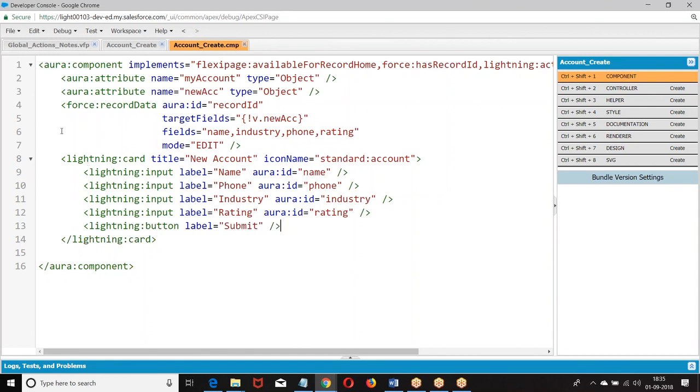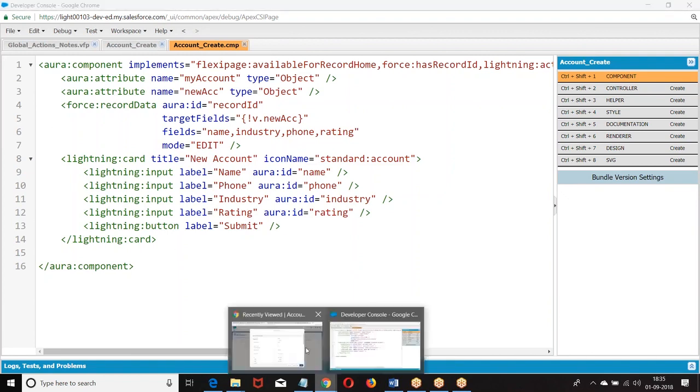Now, when I click on the button, it will go to the client-side controller that will read the data and insert the data, right? So what you want to do on the client side and server side operation is your choice. I'm only showing the functionality of how to create an action. Now, on this component, what you want to do is your choice. Okay, so let us go back to this.